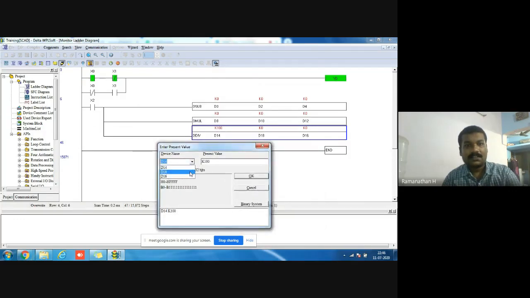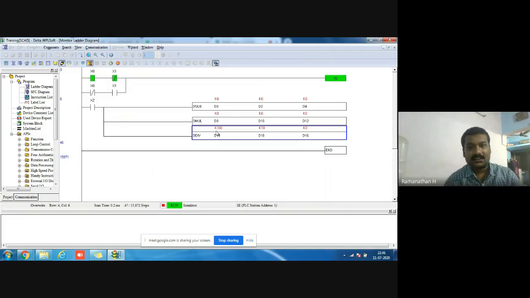Why the same address is not taken here means, maybe understand why: this dividend value is lesser than the divisor value. I gave D12 as the dividend value, and here I give the divisor value.